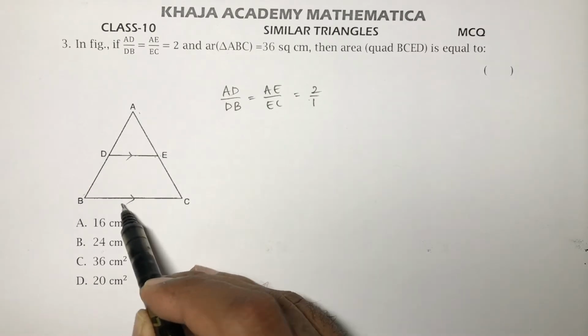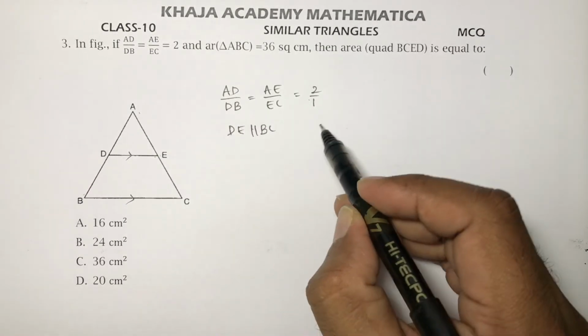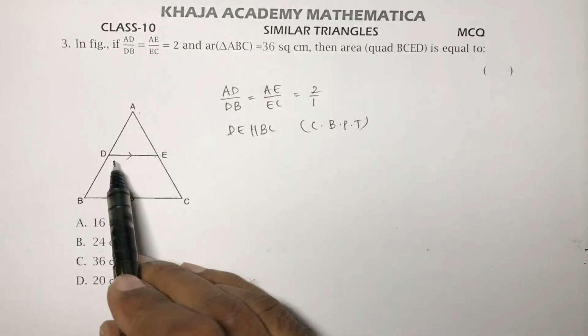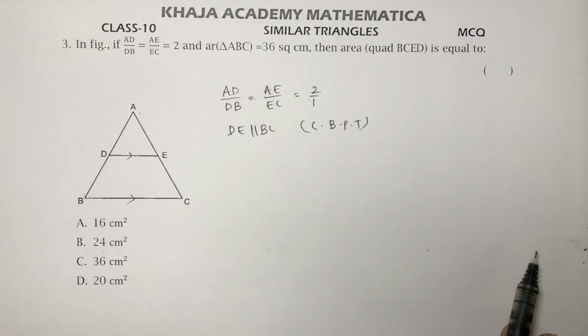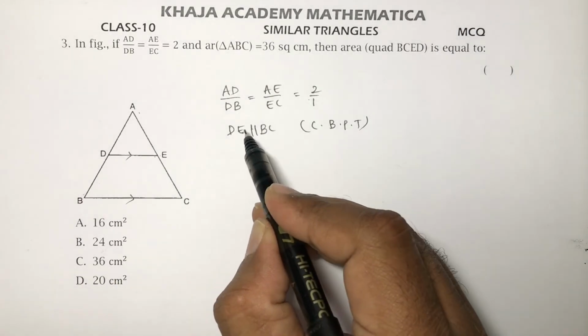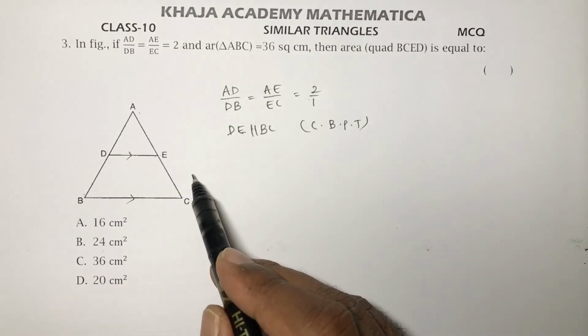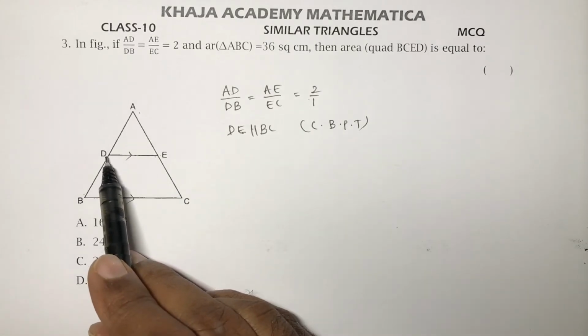Therefore, DE is parallel to BC. Reason is converse of BPT. Because if a line divides any two sides in the same ratio, then that line is parallel to the third side. Okay. Now, area of triangle ABC, the big triangle, is 36,